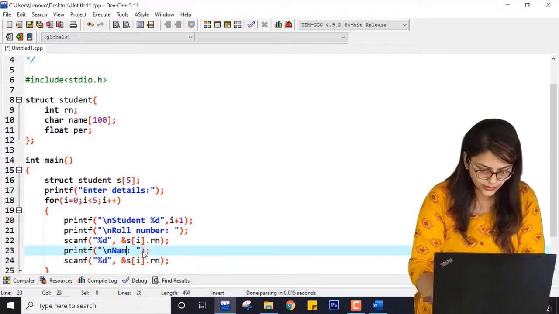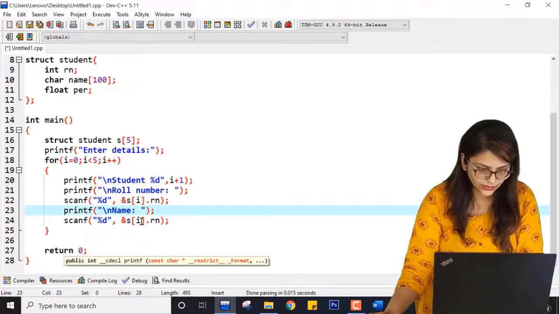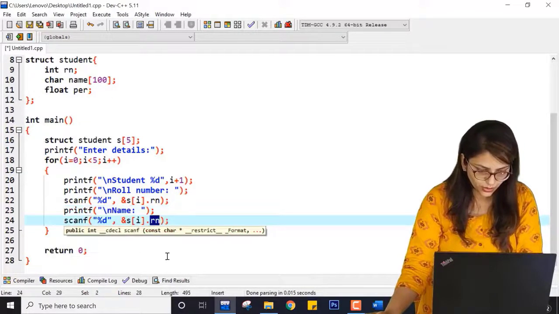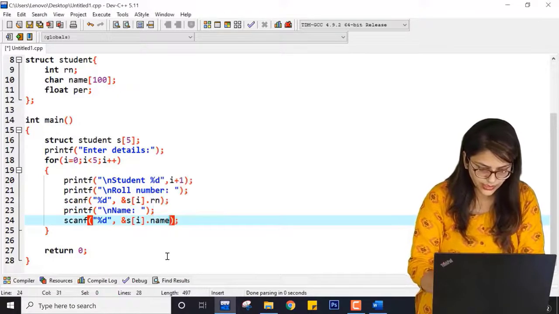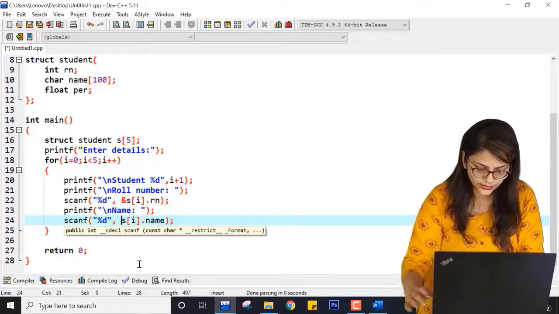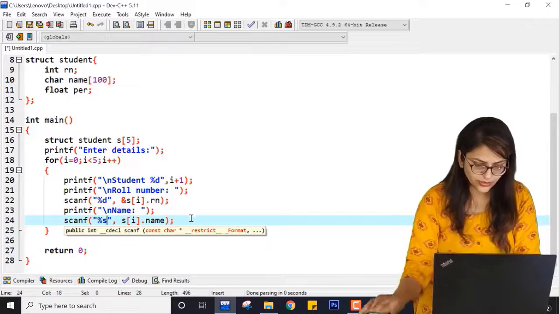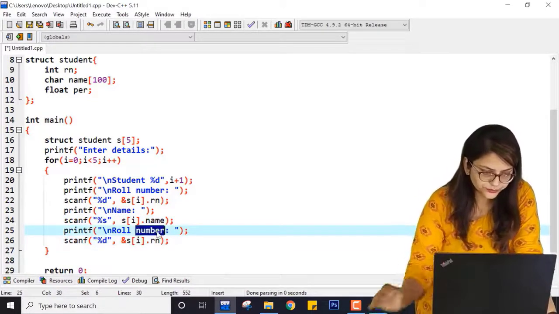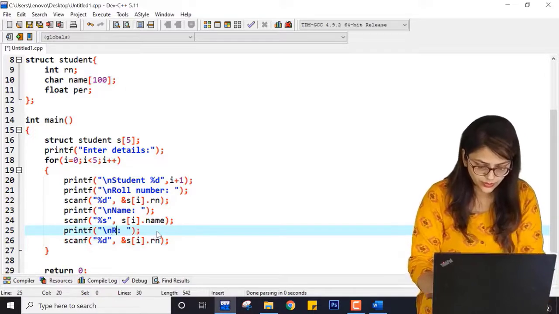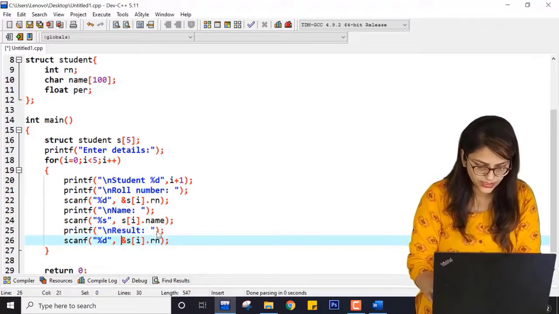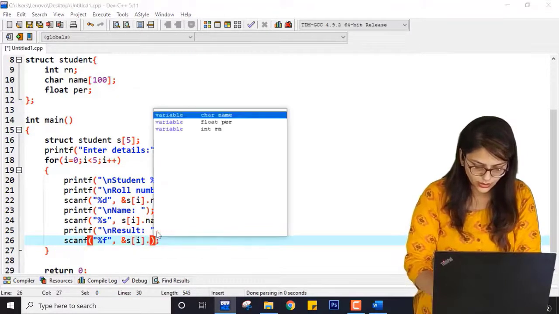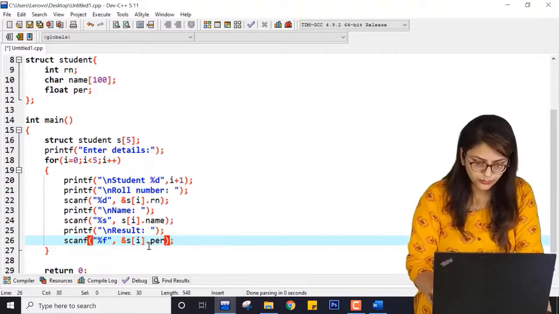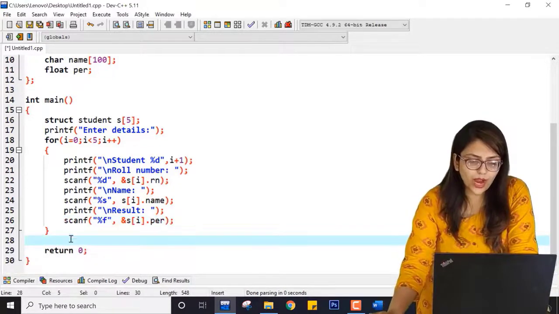Enter, say name, and here it will be s of I dot name, and here the ampersand is not needed, and also here it will be s. After that it will be enter, say percentage, or say result, right? So instead of d it will be f, and instead of rn it will be dot per, right? So I just have to add this data.